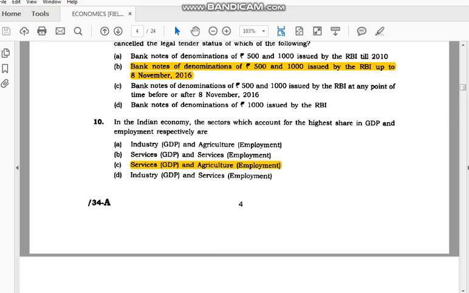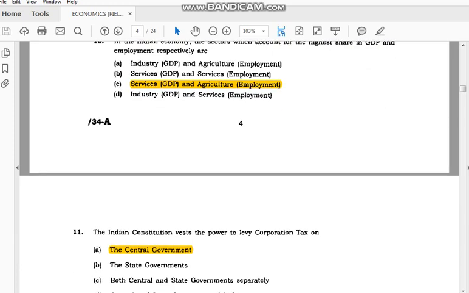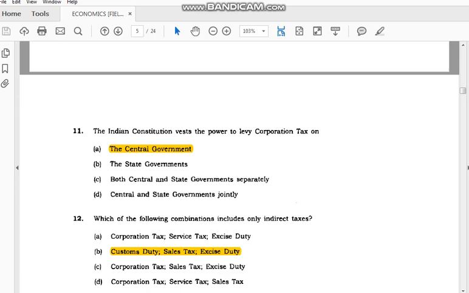respectively are the service sector, which contributes more than any other sector to GDP, and agriculture, which provides the highest number of people in the country some opportunity to engage in some activities. Next is the Indian Constitution has the power to levy corporation tax on the